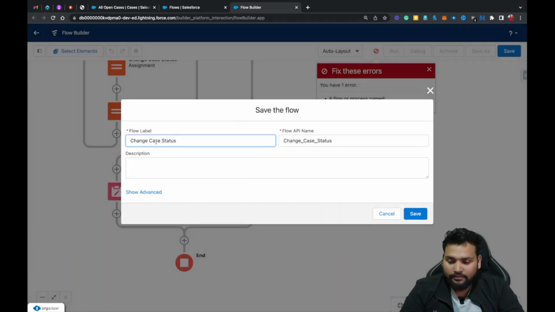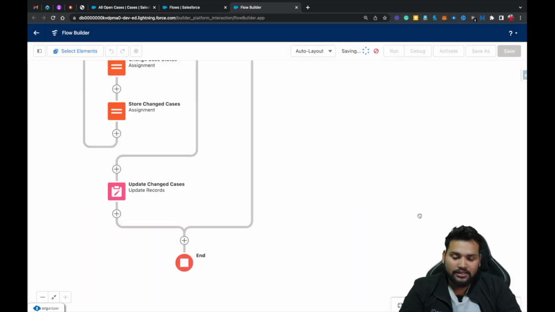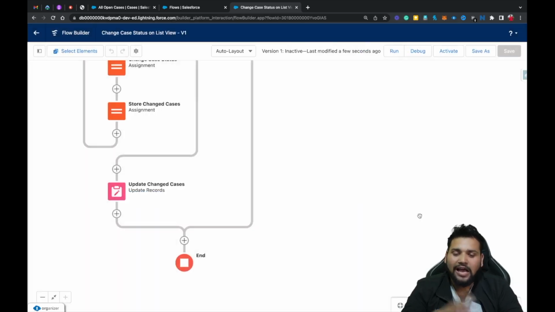Let's say On List View, and save this, because I already practiced this flow just to demo it to you. Let me just activate this flow, and let me just go back.